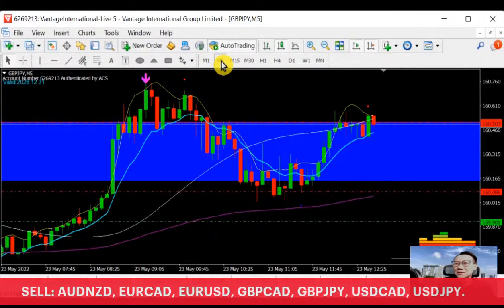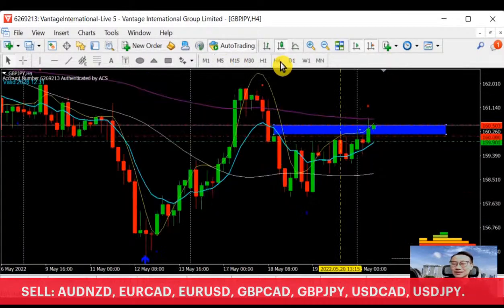Okay, so now come back to pound yen again. Let's recap. Whenever I skip to another currency pair, then when I come back to the currency pair I mentioned just now, I will start all over again, so bear with me. Why? Because I want to analyze all over again, to be back on track on the current situation.